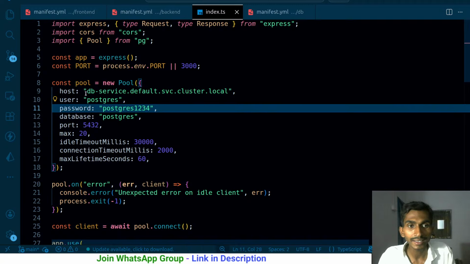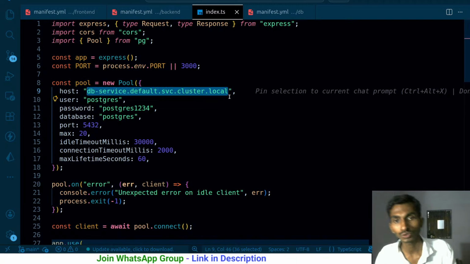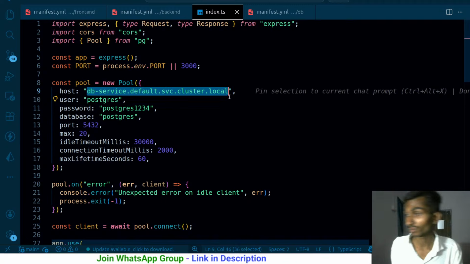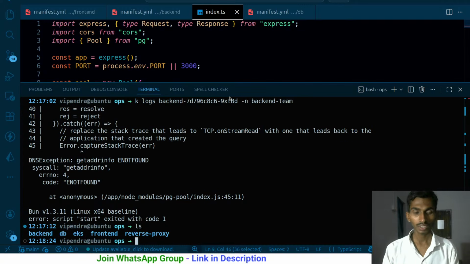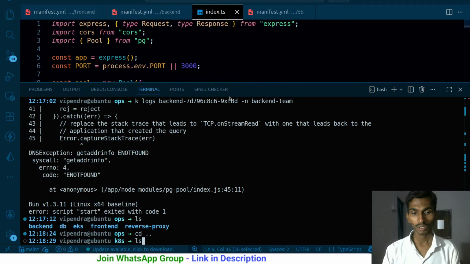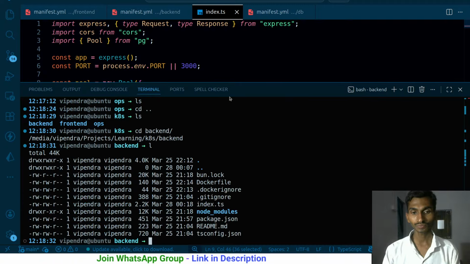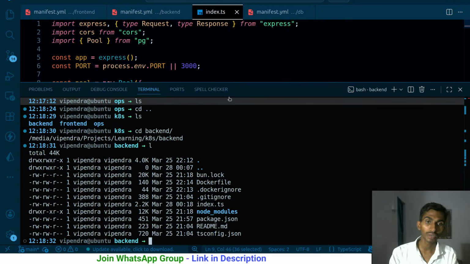So what it does, it just simply returns the host. This is responsible for returning the host. If you are working with Kubernetes and all, you must have the idea. Coming back to this one, ls, let's simply apply it one more time. Before even applying it, I have to go to cd backend and let's build the image. Building the image in the sense,